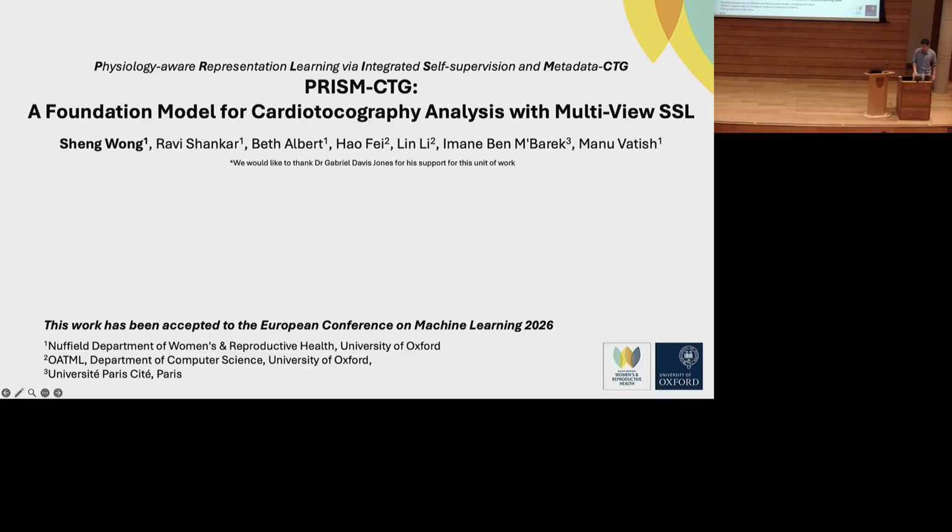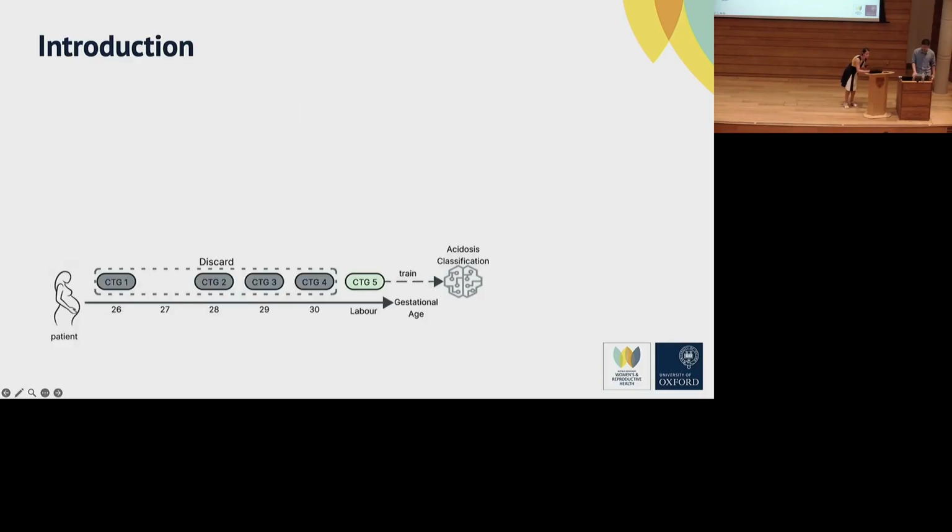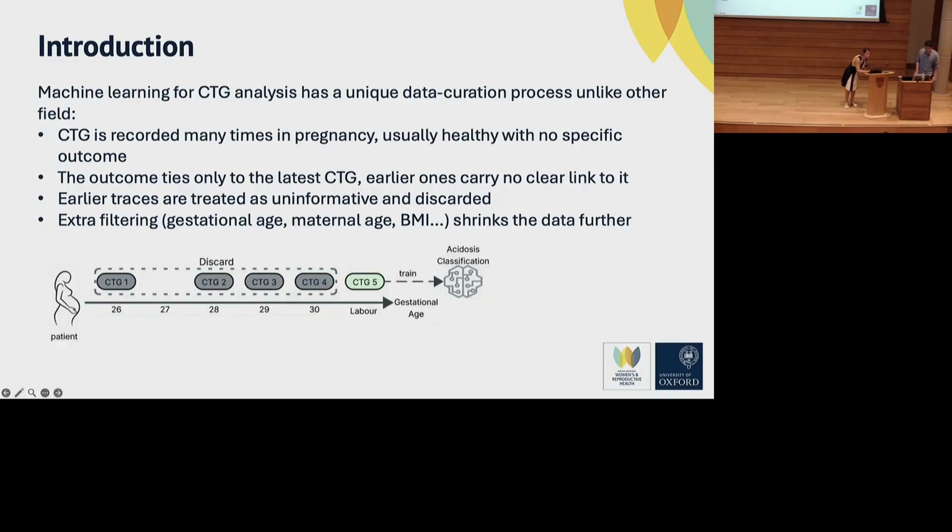I would like to present the first foundation model, Prism CTG, developed specifically for CTG analysis. So, in the field of machine learning for CTG analysis, the data curation process is very unique and unlike any other field. Patients undergo CTG multiple times during pregnancy for various indications, and in healthy cases, this usually carries